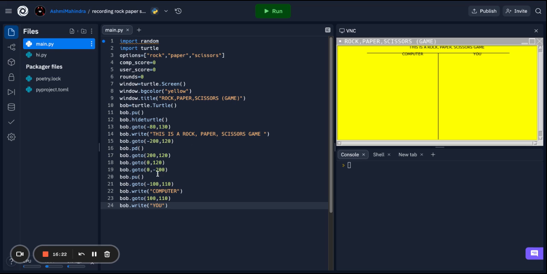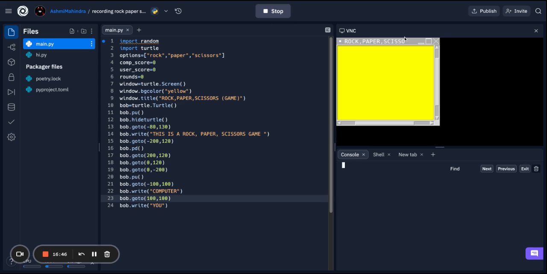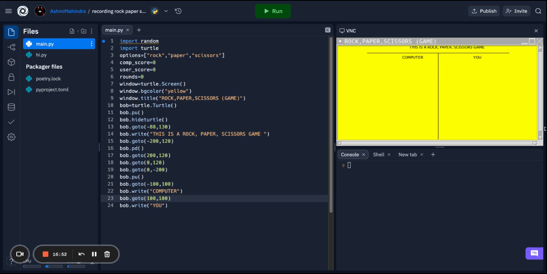Okay, so we have to put it a little bit more down. So maybe 100. So the y-axis is going to change to 100. Usually y comes after x. Now let's run that. Okay, so we somewhat have our base, and now we're gonna do